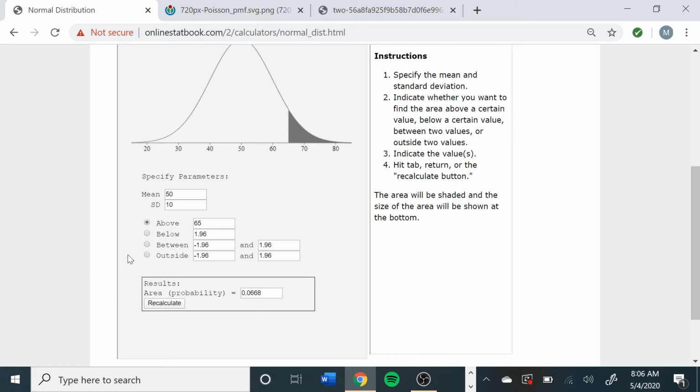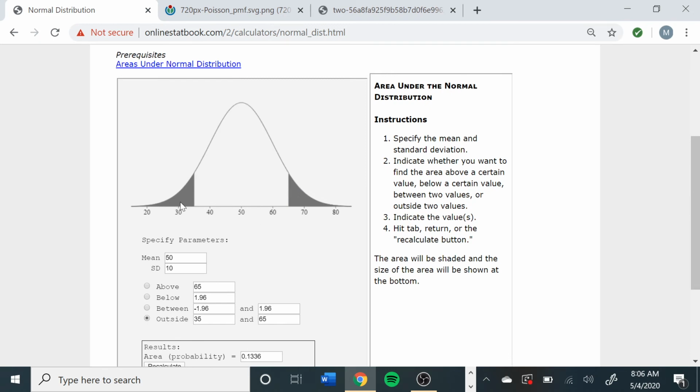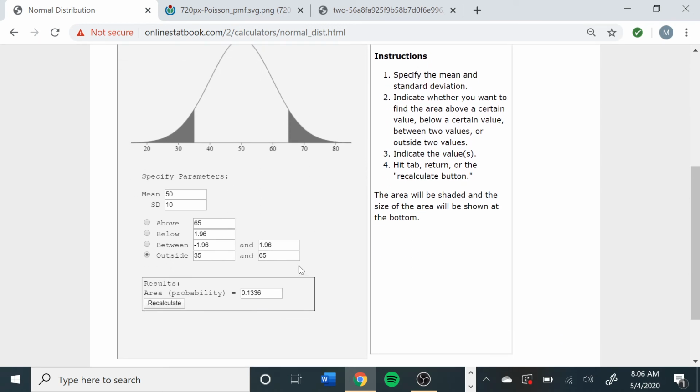So you can click this outside here, and then you put 65 here, all right? And now we wanted, I guess that's 15 below, so on the other end, that would be, I guess, 35, right? Okay, now notice how both ends of this distribution are shaded. So 15%, or about 13%, that's the likelihood of just by chance going out and catching some really, really weird